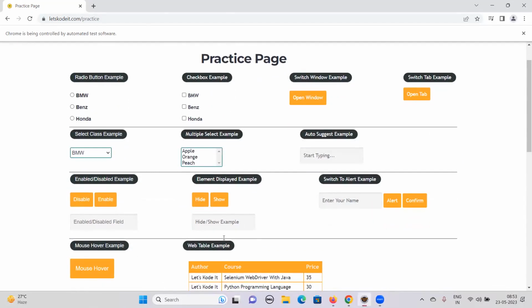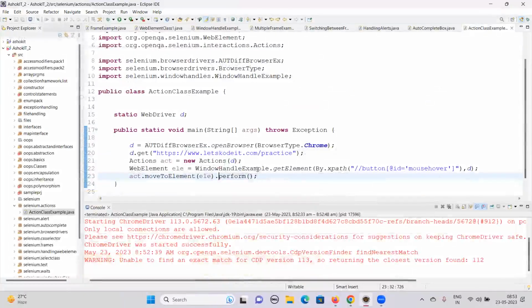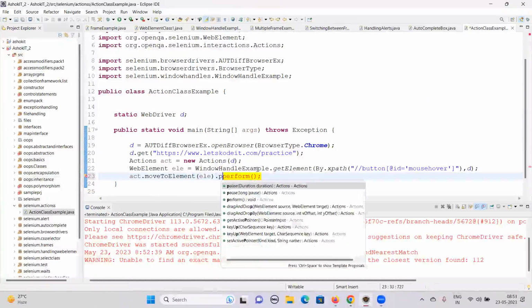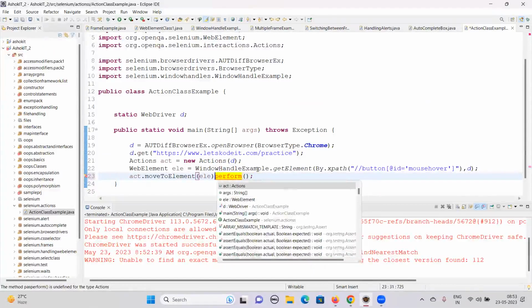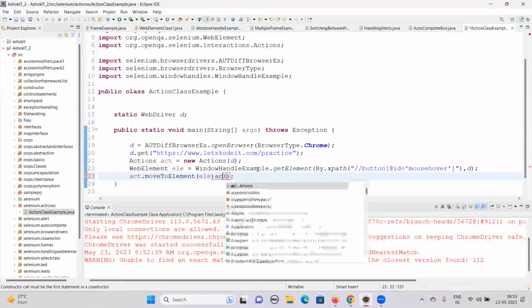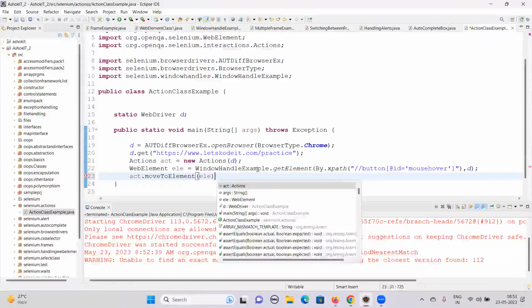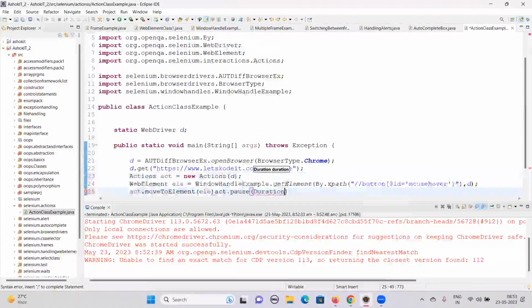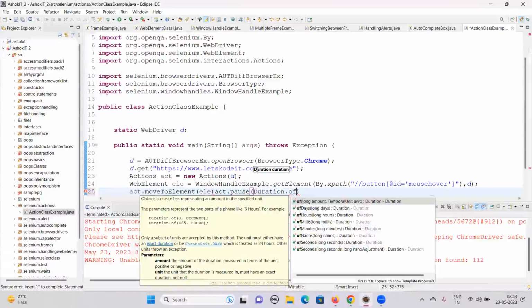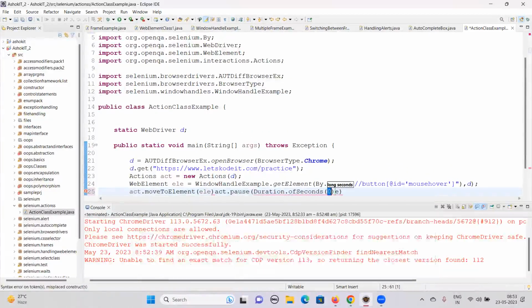So now I want to click on this. Okay, how do I click on it? Move to that element, and I'll just pause for 2 seconds. We cannot give any Thread dot sleep or any kind of sleeps here. So that is the reason why we have a method called pause. Okay, so pause and duration, I'm going to use how much duration you want to pause. Okay, so just hold for 2 seconds. Then after,